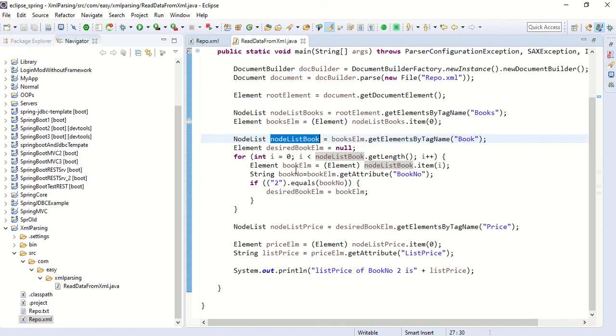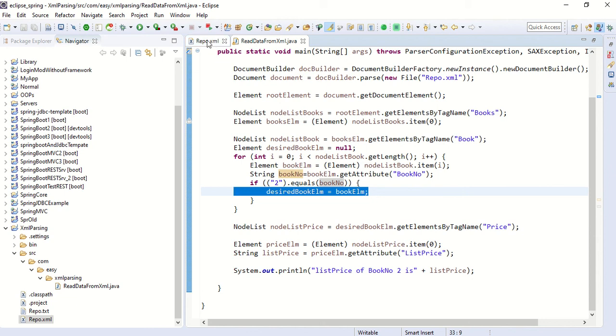We can have a for loop, iterating over the list and taking each book element. On that book element, I take the book number value, and if that value is 2, then we take the corresponding element.